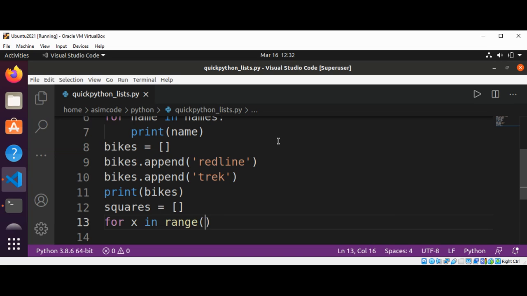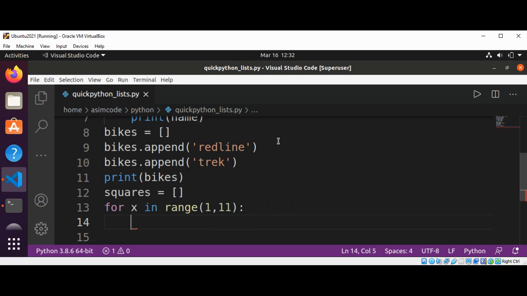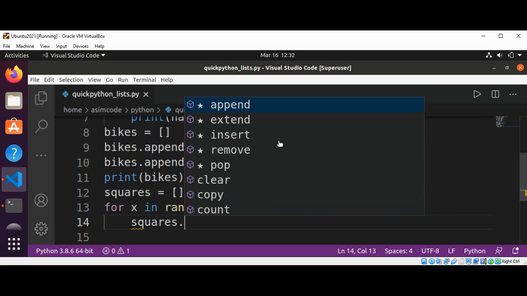We are going to use the range function 1 to 11. That will create numbers between 1 to 10, and we are going to square those numbers and add them to our squares list. squares.append